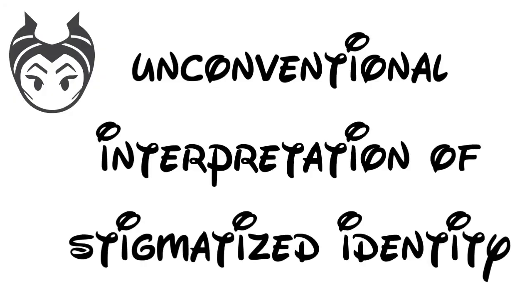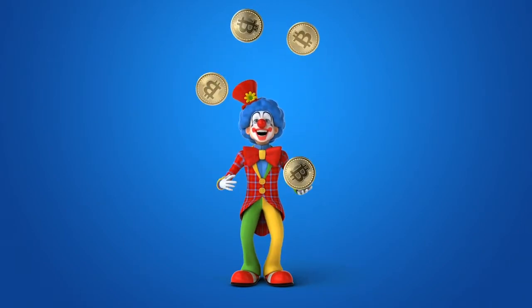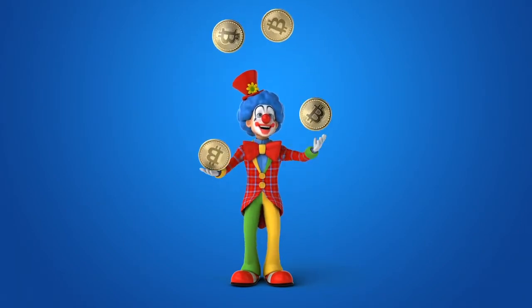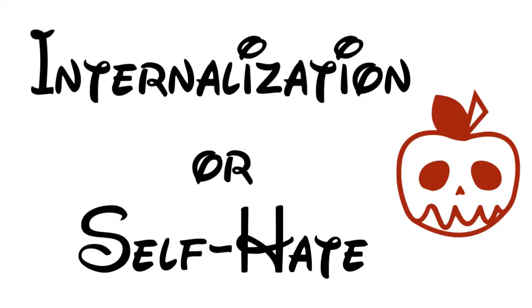This could also illustrate another response to stigmatization that Goffman discusses, the unconventional interpretation of a stigmatized identity. So instead of being a liability, having big ears is an advantage in a circus show. Of course, in the movie, that doesn't go so well. We see that having a deformity is actually a liability, and Dumbo is given an even lower status. He becomes a clown. We see Dumbo exhibit another response to stigmatization, the internalization or self-hate.